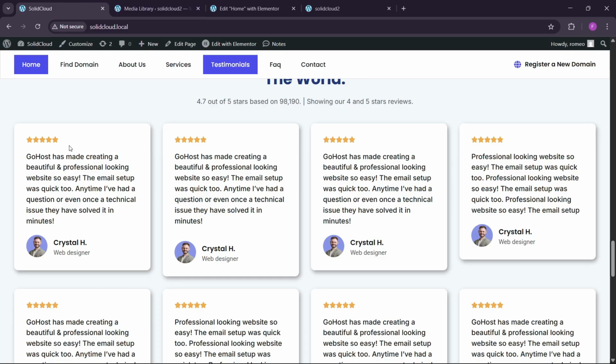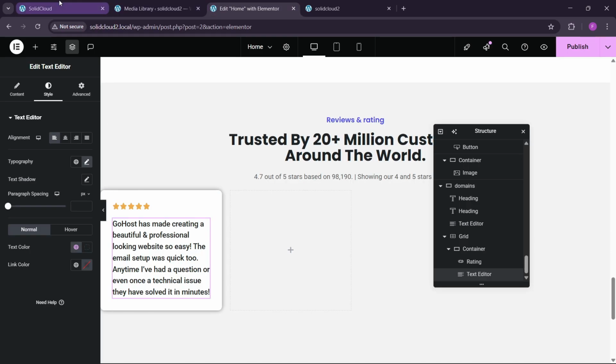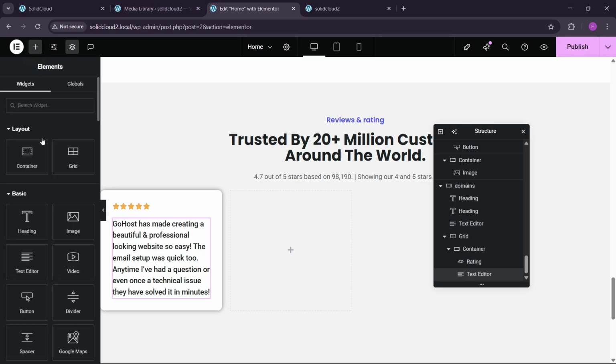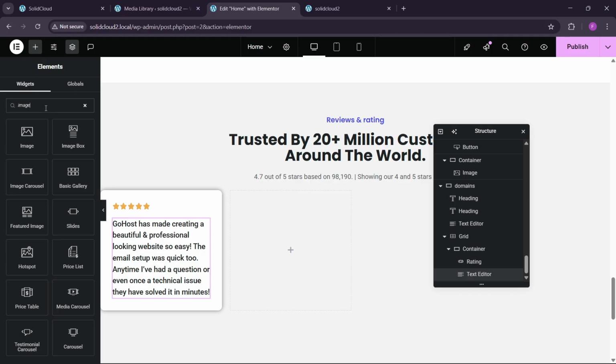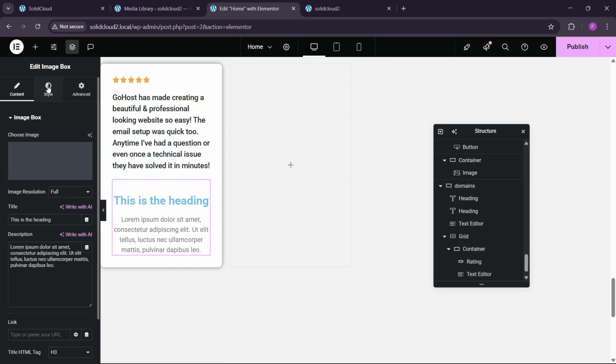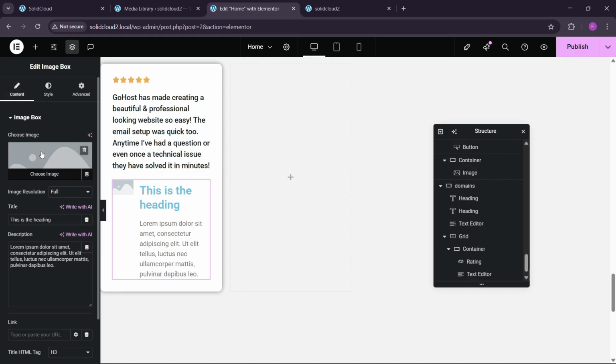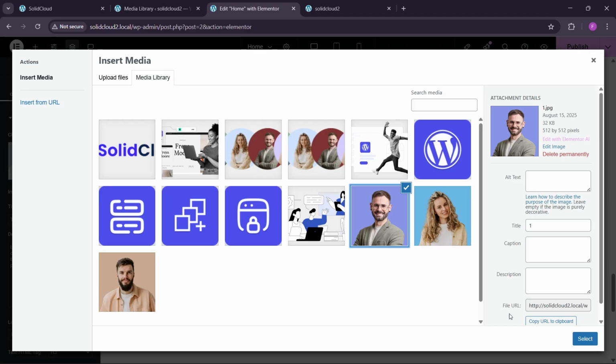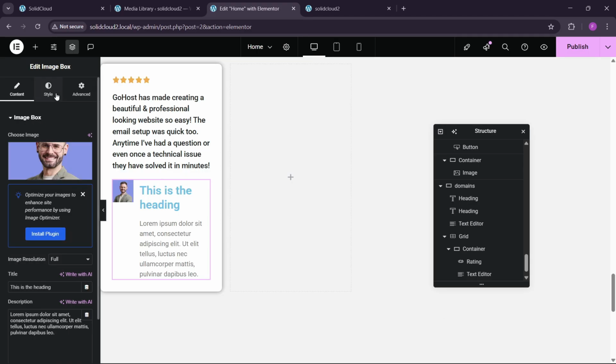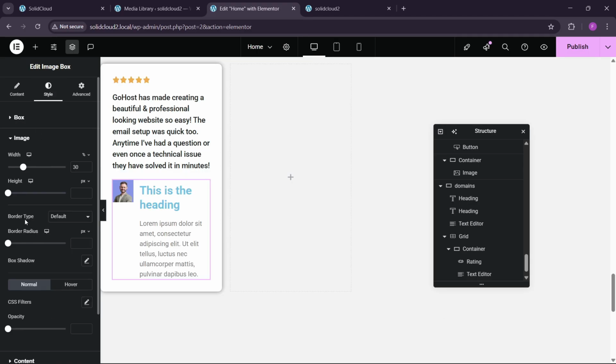Okay, like this, and here we have this. So for this we can have this image box here. Okay, so this image box we can use like this, and here let's use this image. This image we can use this, and for this we can make here